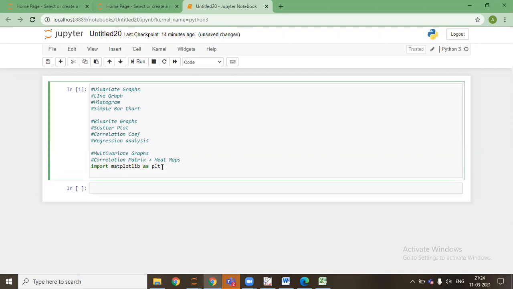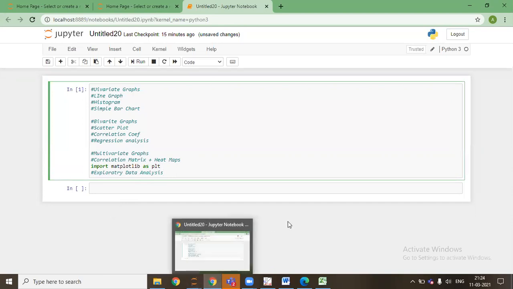So it's basically exploratory data analysis. What do we mean by exploring the data? This exploring is nothing but trying to understand all about the data.